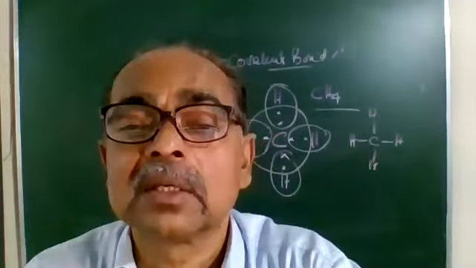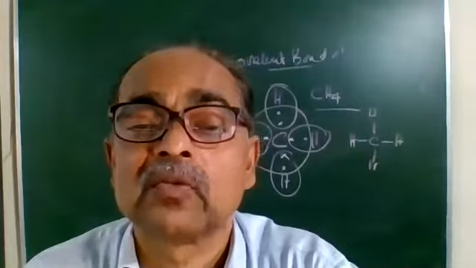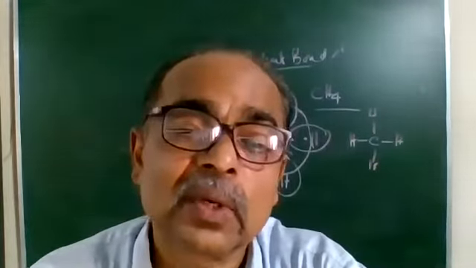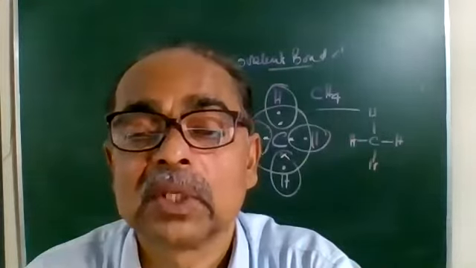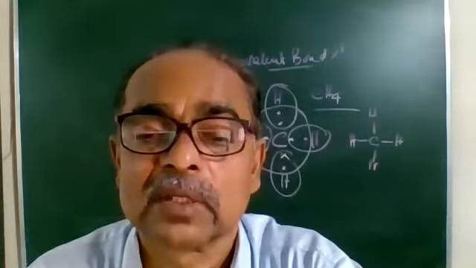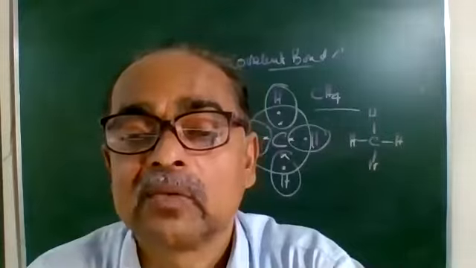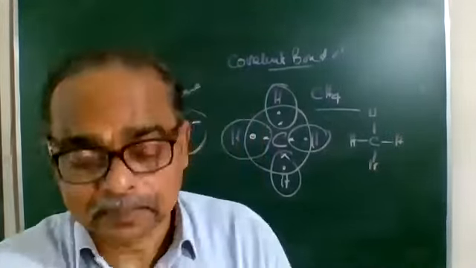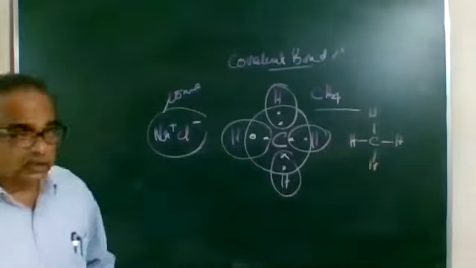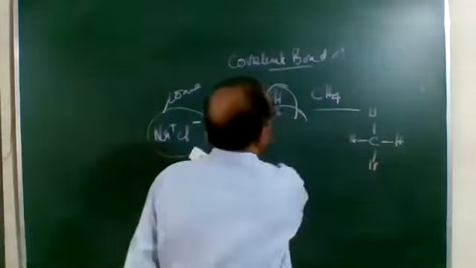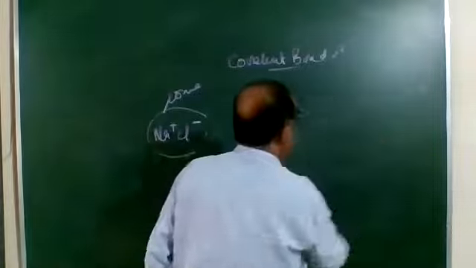And in case it is asked, draw the electron dot structure of the following molecule. If it is asked, you should know the atomic numbers of the first 20 elements, and normally it is asked from those. And you should know the electronic configuration. Say for example, ammonia. They give the molecular formula NH3. Draw the electron dot structure of the NH3 molecule. Now, NH3 is